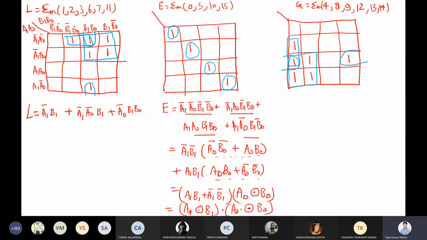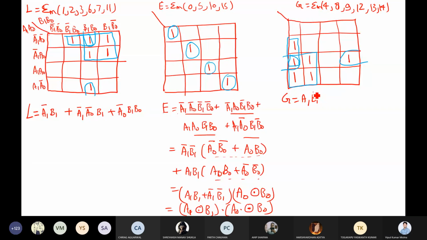So ultimately, if you have 4 bits, let's suppose we have 4 bits, what we can do is A3 X NOR B3 dot A2 X NOR B2 dot A1 X NOR B1 dot A0 X NOR B0. If that gives 1, then both your numbers are equal. Right. Now let's move to greater than. What about greater than? Greater than equation, can anyone tell?